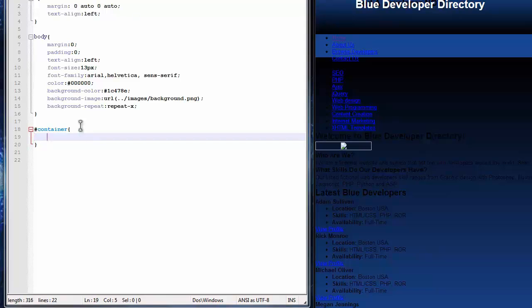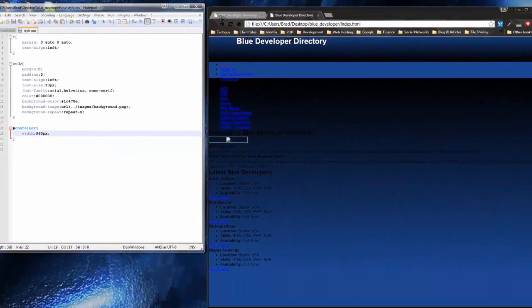And as far as opening and closing curly braces, it's really preference. I like to do it like this. Some developers will start the beginning brace on a new line. Some will actually put both braces on the same line. There's no right or wrong answer, it's just preference. So anyway, with the container div, what we want to do is give it a width of 960, which is going to be the total width of our site. And if we save it and reload,